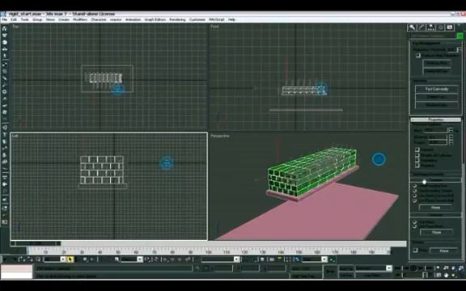Simulation geometry. For this, it gets a little bit tricky depending on what you're doing. For this simulation, we could just use a bounding box. What this essentially does is it puts a bounding box around the geometry to use in the collision instead of using the actual mesh. So since these are